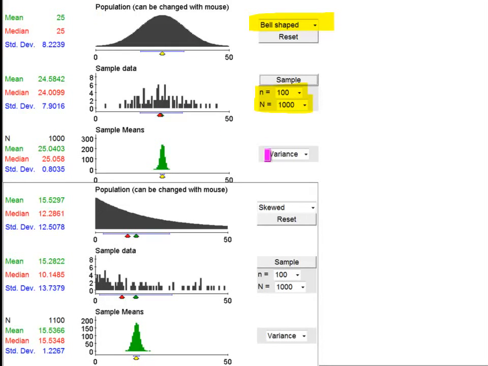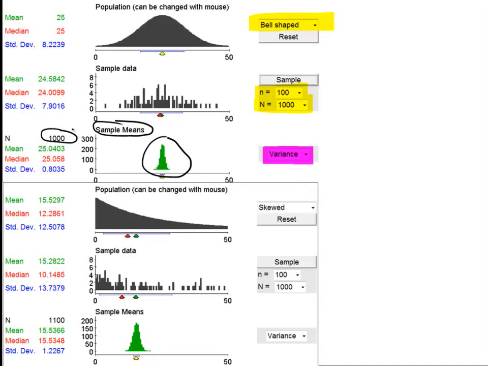Ignore this. I wanted it to run variances, but it seems to default only to sample means, as you can see here, right? Sample means. So this graph here represents the distribution, right? The distribution graph of all 1,000,